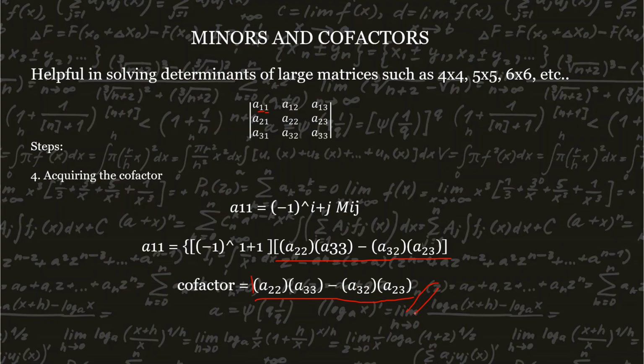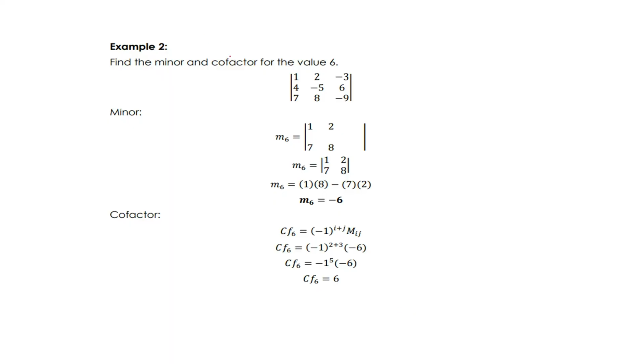Let's have an example. Find the minor and cofactor for the value 6. So 6 is located here. Then we eliminate its row and its column. We are left with 1, 2, 7, 8, this 2 by 2 matrix. We can then solve by using our diagonal pattern, 1 times 8 minus 7 times 2, which gives us a